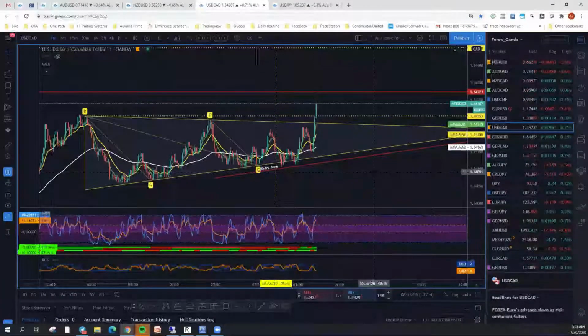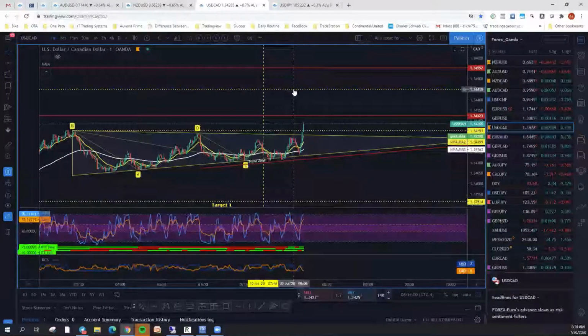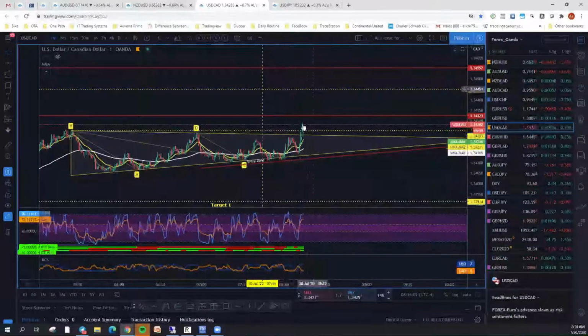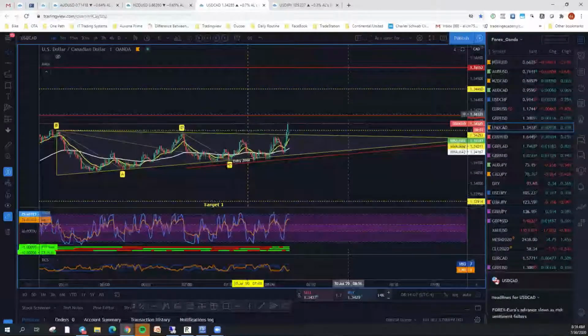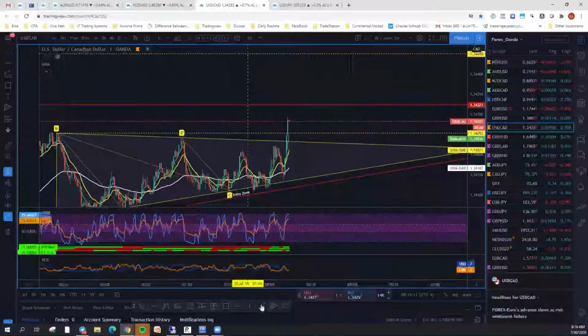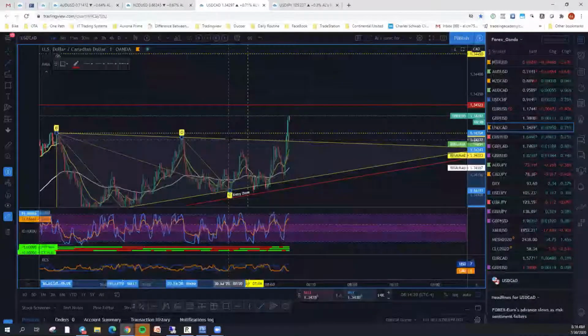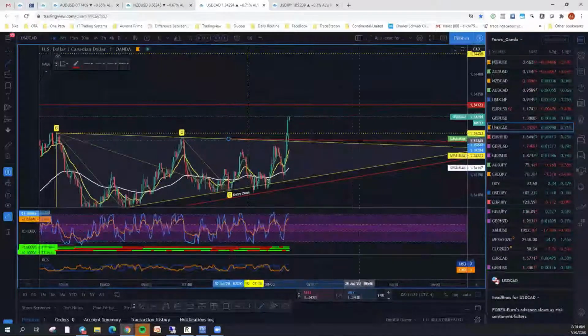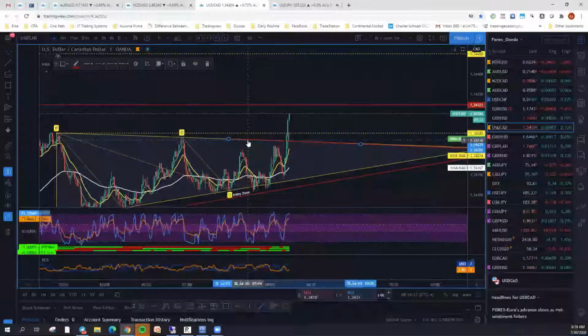Right now this is moving nicely to the upside. It's coming right up into that zone, into this area. This would be the top peak. So this could be a head fake up to this area. Let me get my 2-pip breakout area here so I can see where it is if it comes back into it. The USD/CAD is not my favorite pair, although it works well, but it can whip you around a lot too.